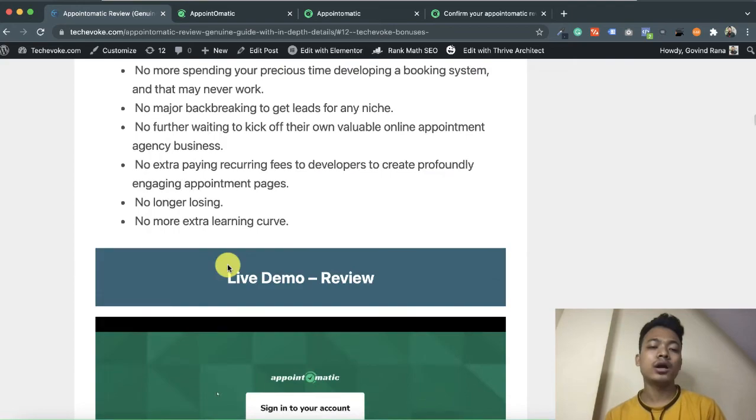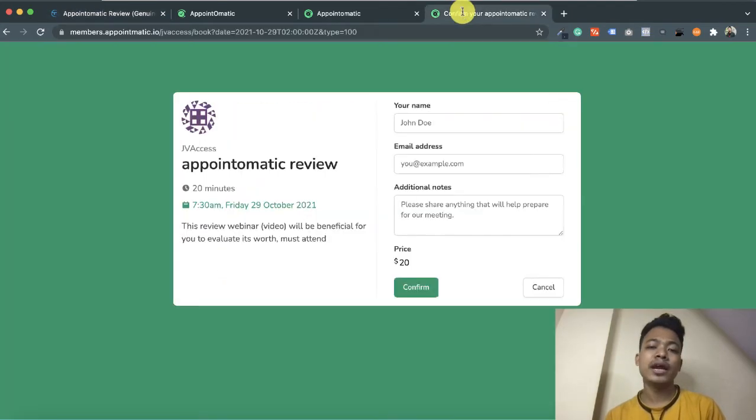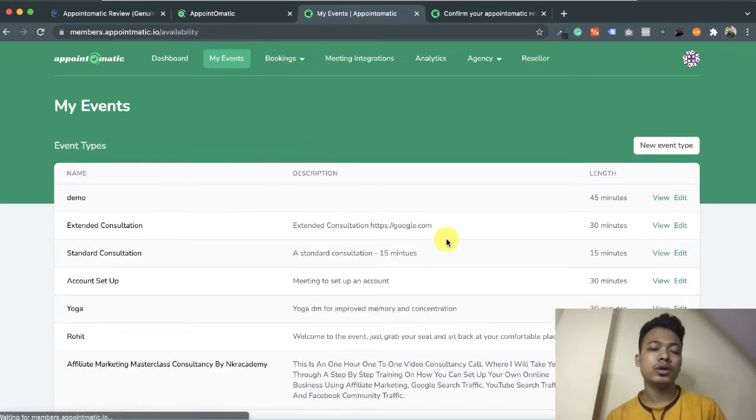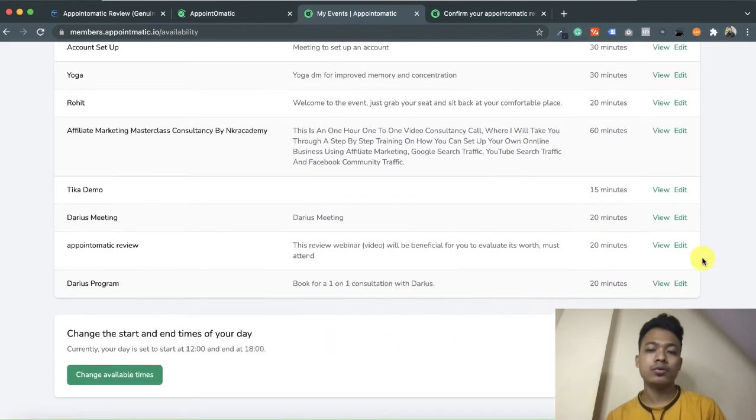If you go for the upgrade, in front end you will get only these things. This is the front end access of my Appointmatic dashboard. You can see what things I can do with this. So the email notification, or you can say other things. If I go to the events, just like I want to show you something, this is view.